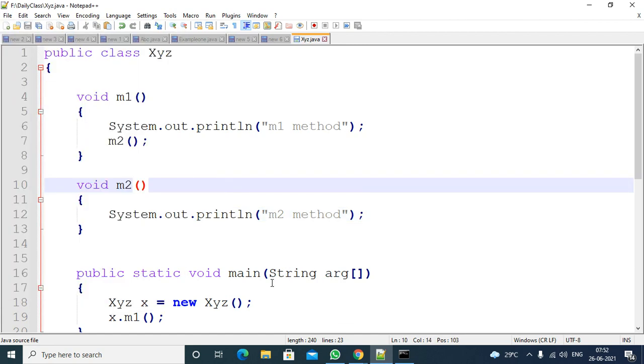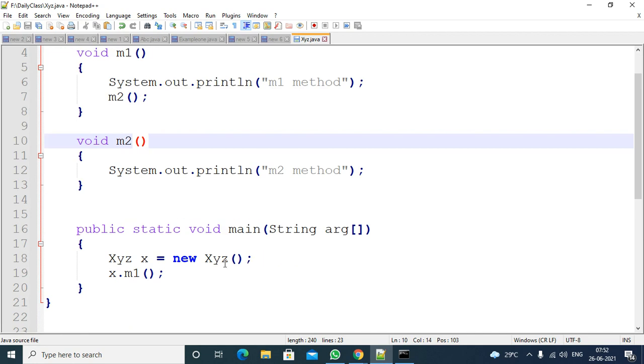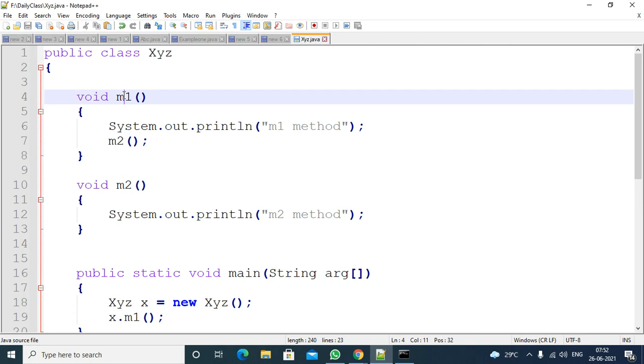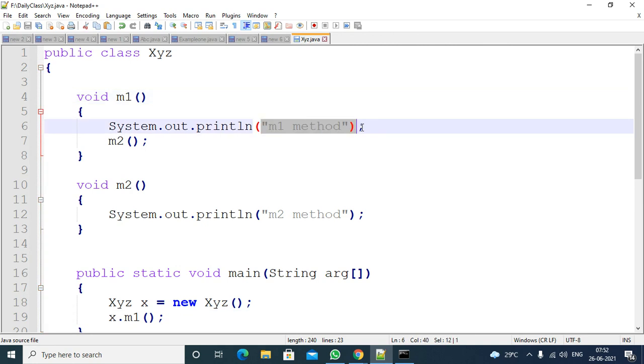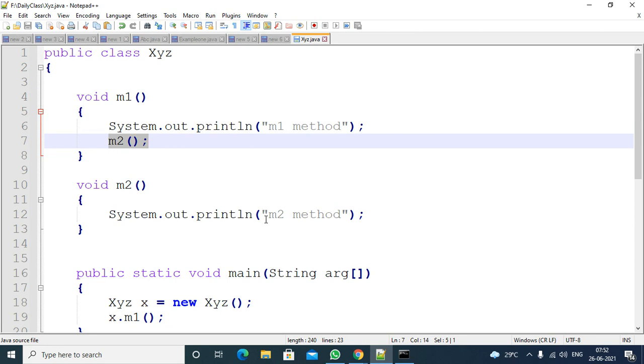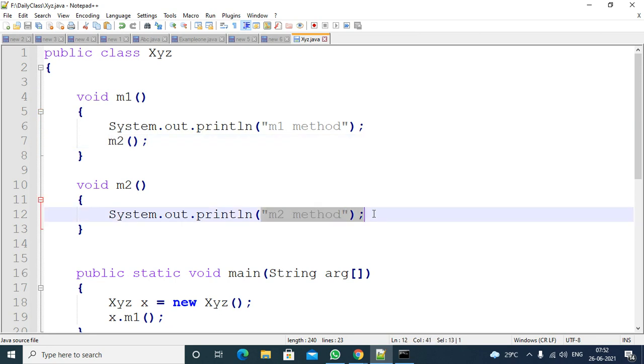Observe here. If I compile and execute the program, first it will call the m1 method. This line will be printed. So from m1 you are calling m2. M2 will be called and this will be executed.